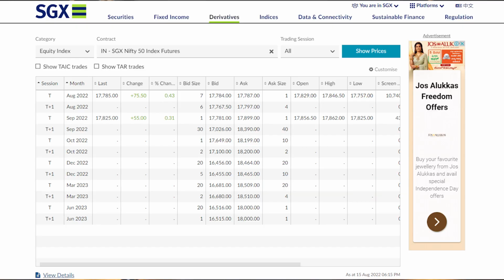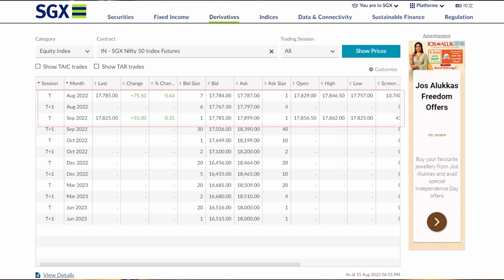Now in India, in case of Nifty, as I told, we can see open interest as the number of shares outstanding, but in case of SGX Nifty, the open interest shows the number of contracts outstanding. Both Nifty and SGX Nifty are highly liquid and a very high volume of trading happens in both. Now if you see this picture, SGX Nifty from the website of Singapore Stock Exchange, it shows